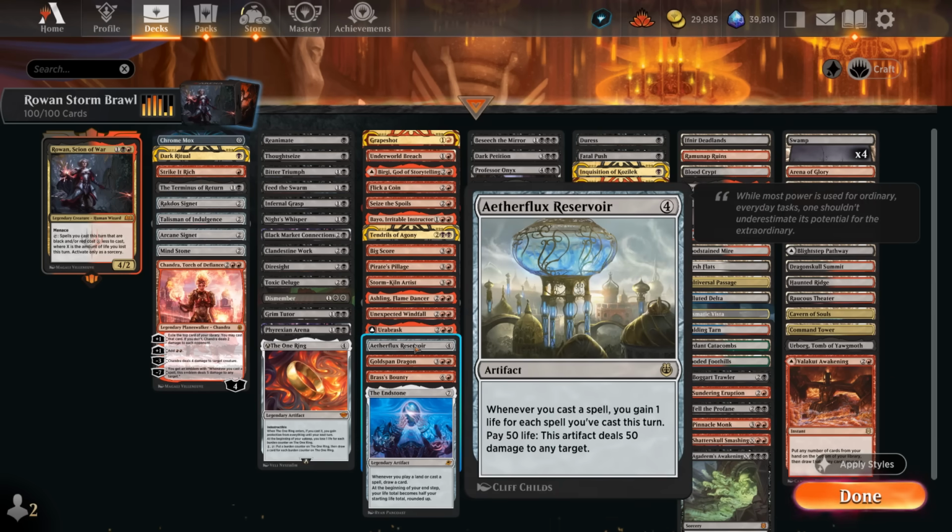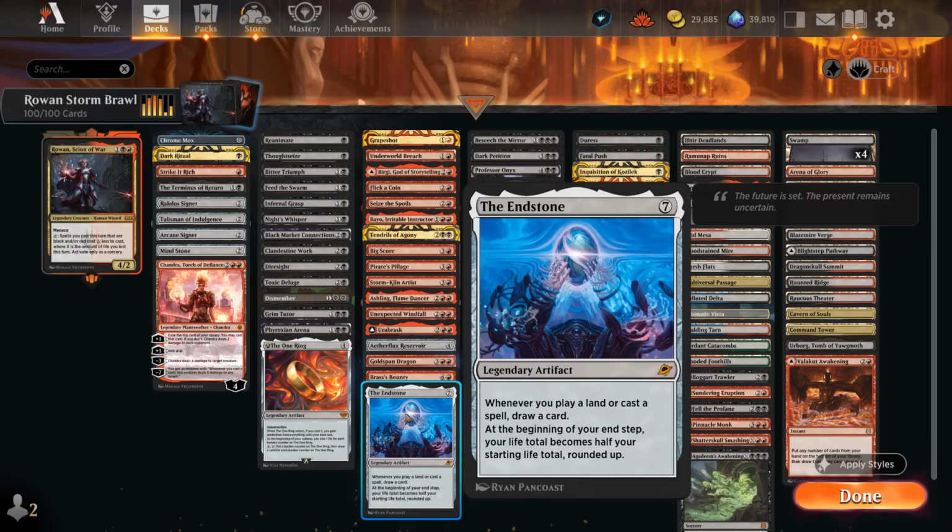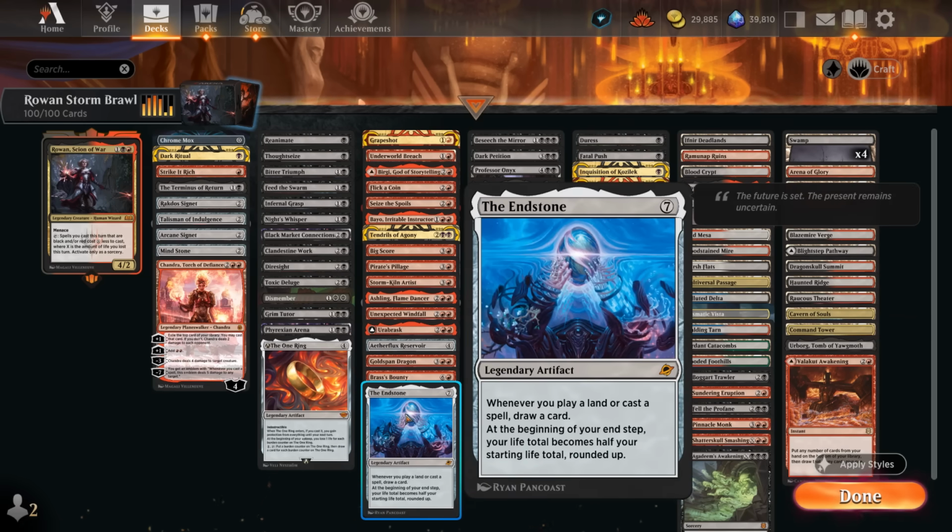Aetherflux Reservoir, also pretty important as both a way to stay alive when we're paying a bunch of life each turn, and then eventually turns into a win condition. If we've cast enough spells in one turn, we can pay 50 life to deal 50 to our opponent. And then the Endstone, also a recent addition, also perfect as a Storm finisher that will help us draw a